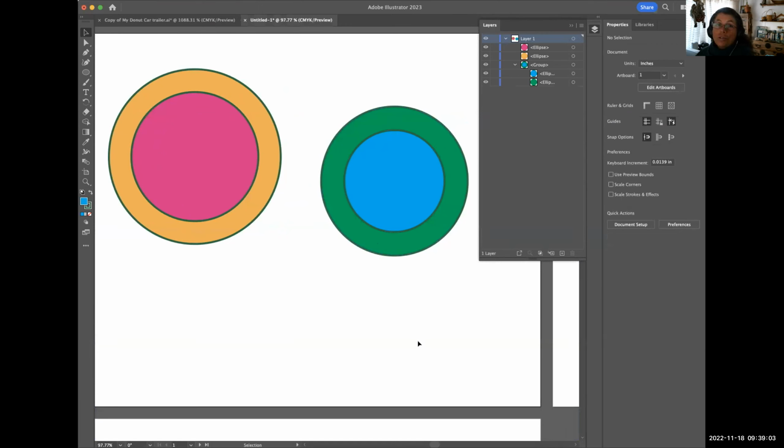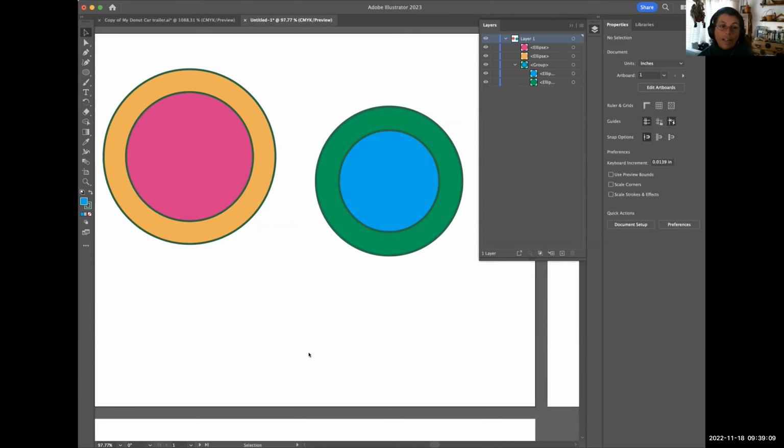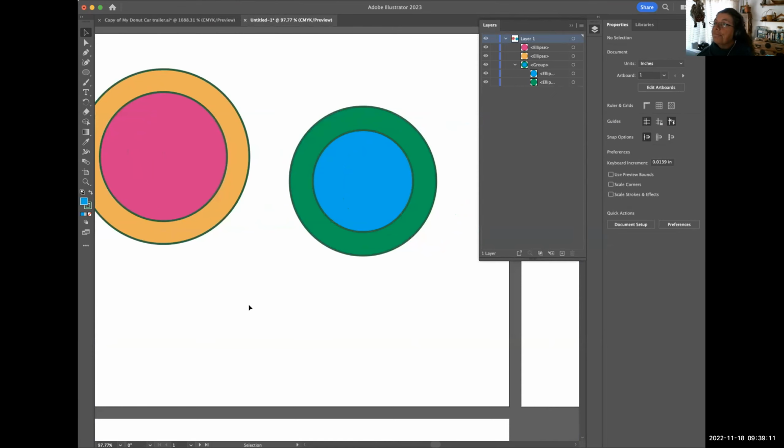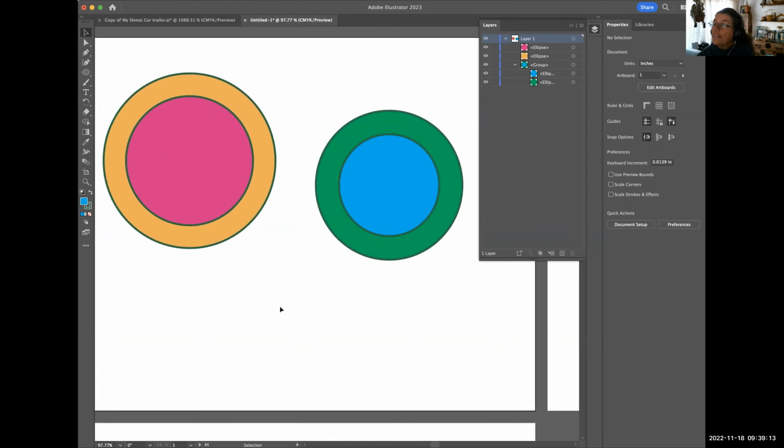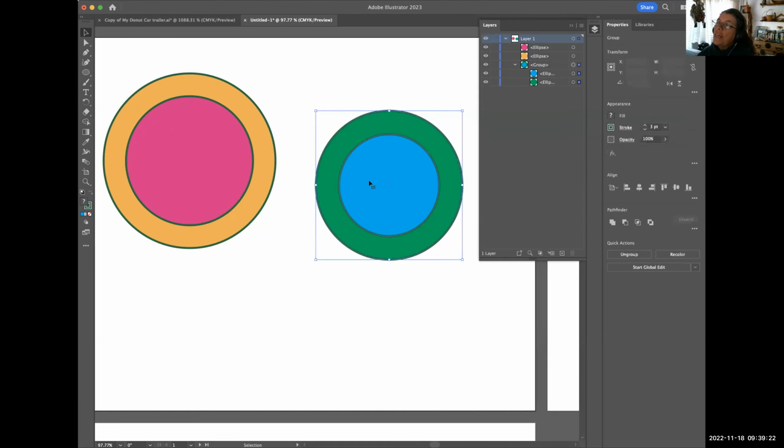There are ways to draw a half circle and then create a straight line. I will be teaching you how to draw, but it's not right now. One of the things that I'm going to teach you later is how to do it differently, which is with compound paths. So in this case, what I need to do is make this inner circle be empty,